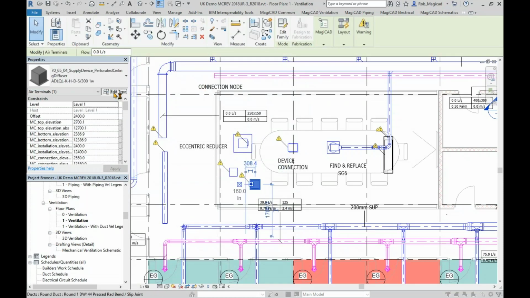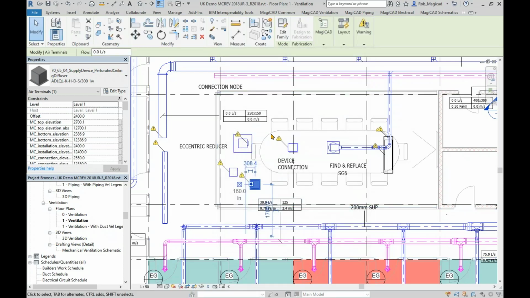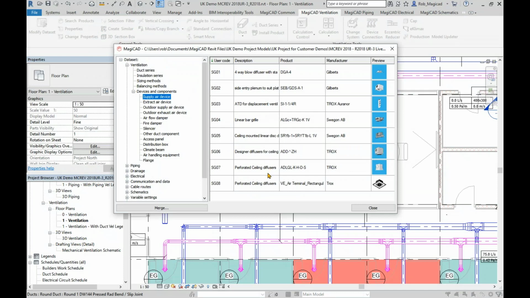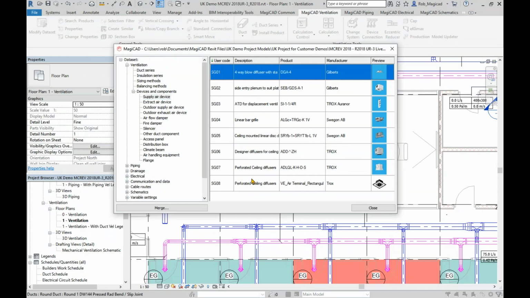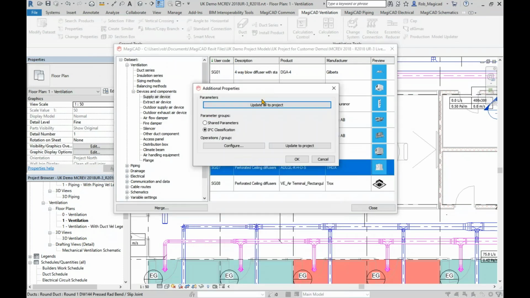And then with this, if we go to edit type, we should have IFC parameters in there. That's actually an important point. I've already had this existing in the project, so I haven't updated the fields. So I was going to come on to that as the last thing, so let's show that. What you can do is also update to the project as well. So if you select any of these, you can also go to additional properties again, and if it already exists in the project, you can also update to the project,